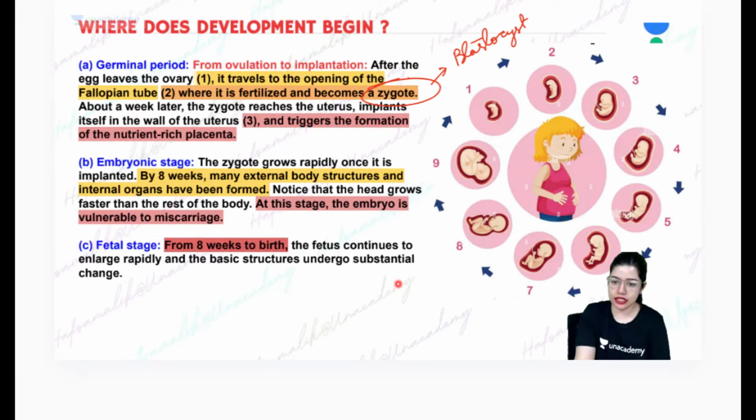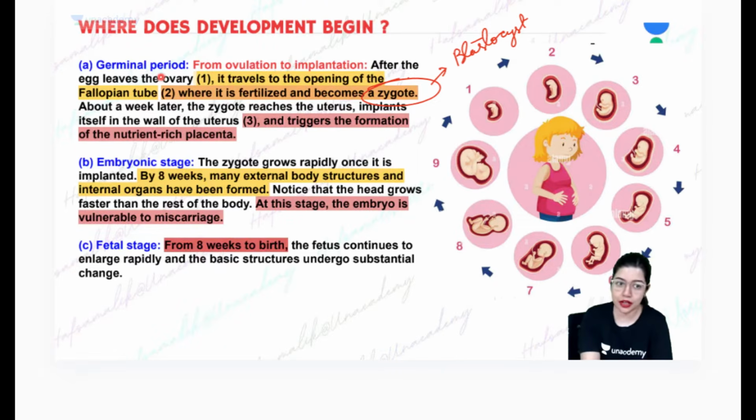Very, very good. It is going to be mitotic cell division. Mitosis hoga yahan pe. Very, very good. Where the cell is basically creating multiple replicas of one another. Blastocyst is what we call the mature zygote. Mature zygote को हम blastocyst बोलते हैं और यहाँ पे सबसे important phase germinal period में है कि यहाँ पे